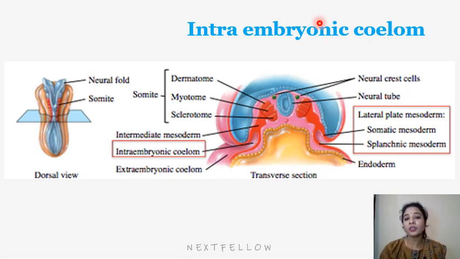So in the 4th week, the intraembryonic coelom takes a horseshoe shape. And the intraembryonic coelom provides the space for the organs to develop, and also helps in the movement of the organs within the cavity. Formation of the intraembryonic coelom begins with small spaces which coalesce within the lateral plate mesoderm